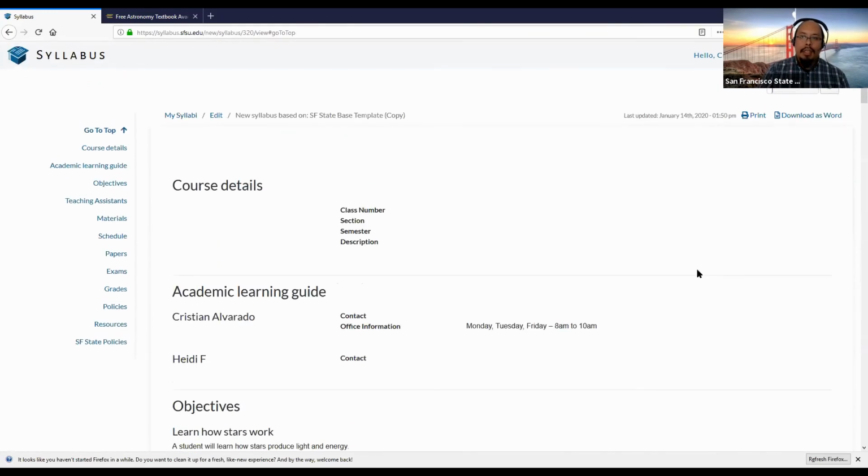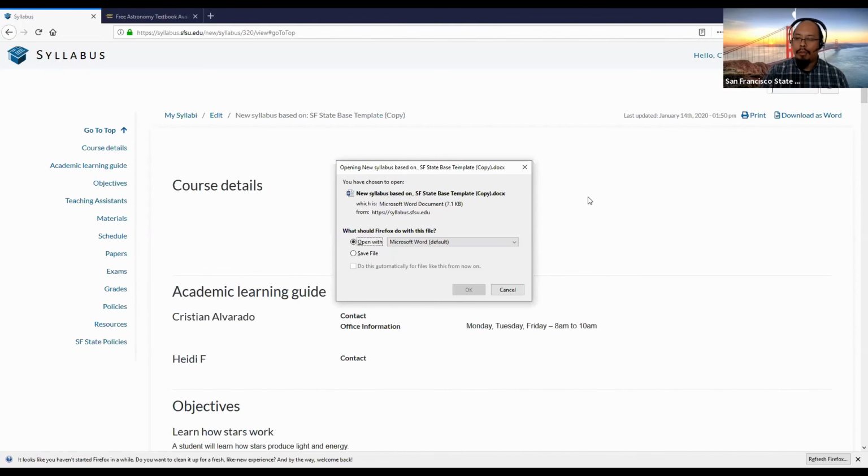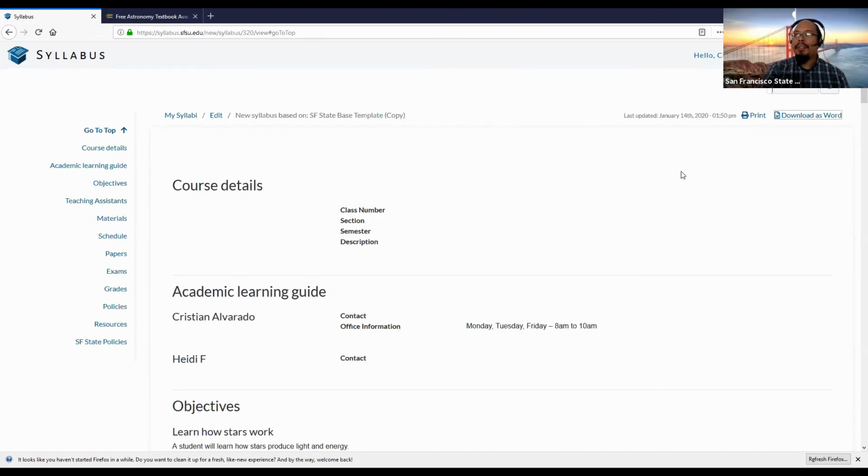But the best option for this is this download as Word. And what this does is this actually will create a Word document that is fully accessible. It has all of the metadata necessary for screen readers. Everything is properly labeled. And if I click on this now, it's going to break screen sharing because I'm actually just sharing the Firefox window. So I'm not going to do that. But I would encourage you to download the Word version and check that out for yourselves once you start playing